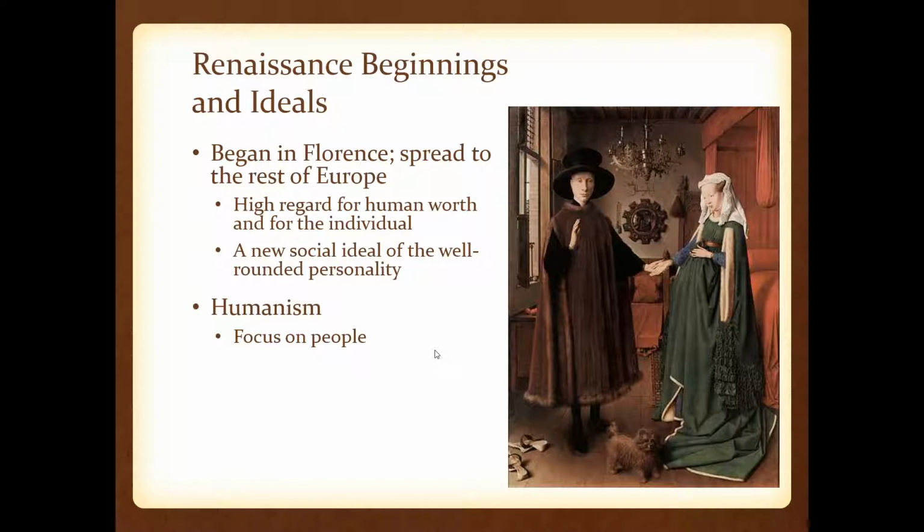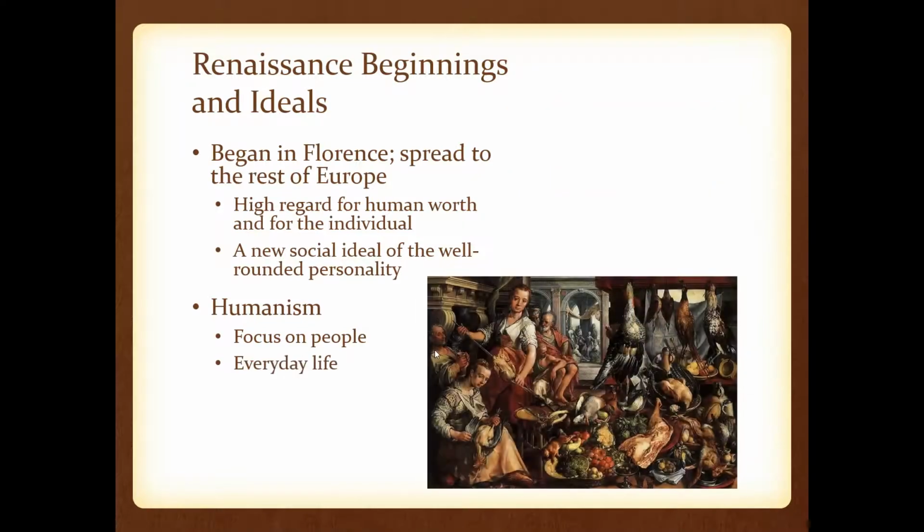And you can see in things like this painting, which we'll go over a lot more in class, that humanism definitely begins to show people more as they are, and people more as they really want to be. This humanism at first is just focused on the aristocrats, but as the money begins to flow, as the city states become richer, artists begin to look more at everyday life. They begin to look at all sorts of social classes,